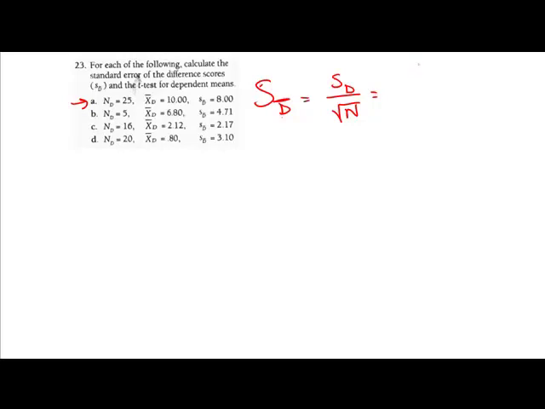The average difference from pre-test to post-test was a positive 10. And that's 8.00 divided by the square root of 25, 8 divided by 5, 1.6. So we're going to use that standard error